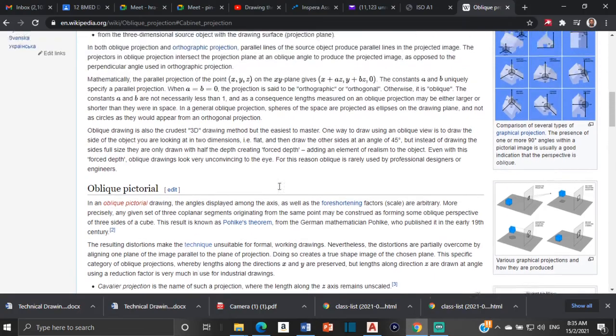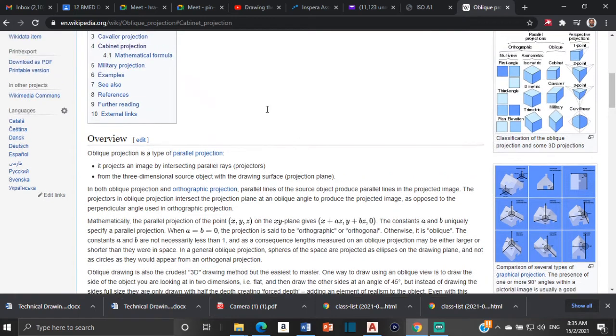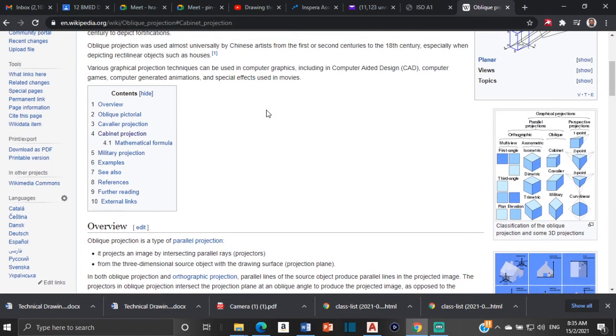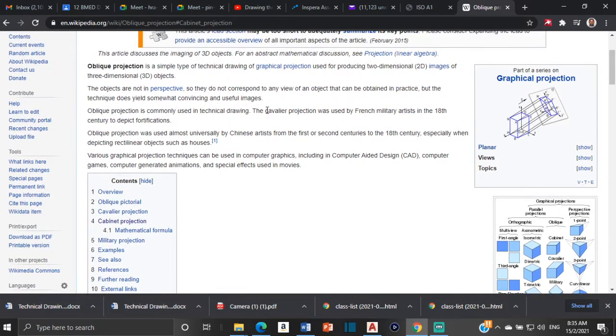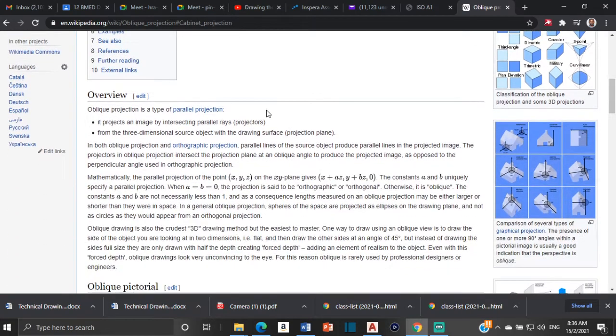All right, now this is some information here. This is off Wikipedia. Wikipedia isn't really supposed to be used for doing research, but I am aware of the topics and the different types of oblique projection, so I proofread the information to ensure that it was true first. Overall, you wouldn't want to be using Wikipedia for research purposes. But anyways,